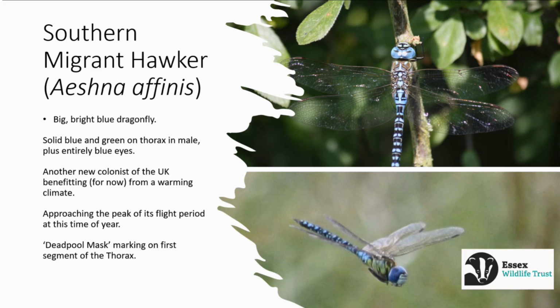It's an absolutely stunning creature, and if you look at its segment two, if any of you are familiar with the comic book character Deadpool, it has a sort of Deadpool mask on segment two,